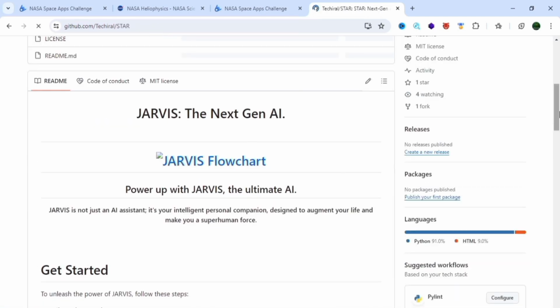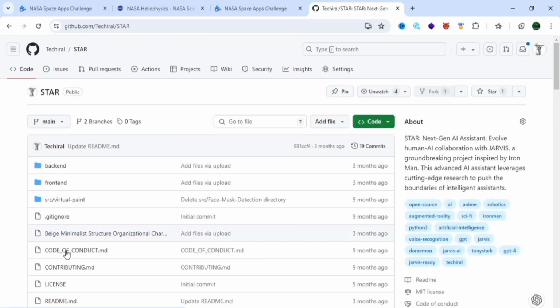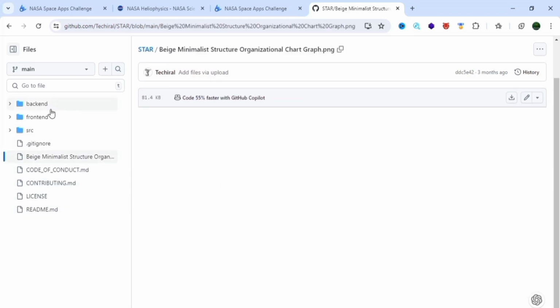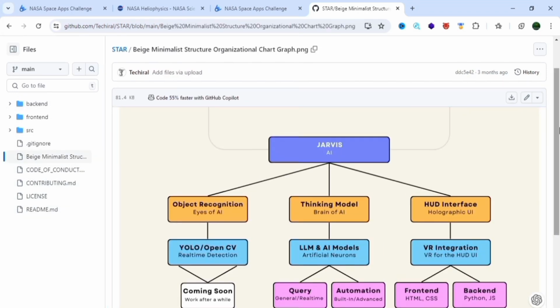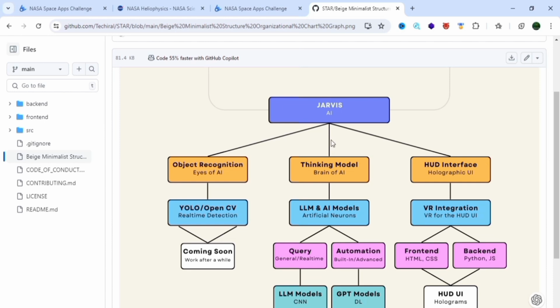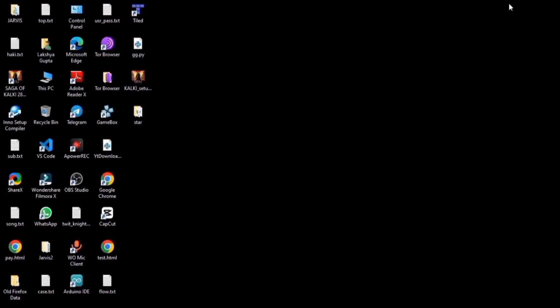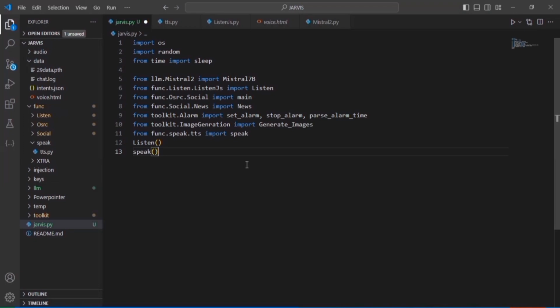You can open my repo, where you will find an image or a flowchart. As you can see, this is our flowchart, where there are 3 branches. We have to focus on this thinking model branch till now. We will also work on the HTTP interface and object recognition later, but we are doing this thinking model currently.